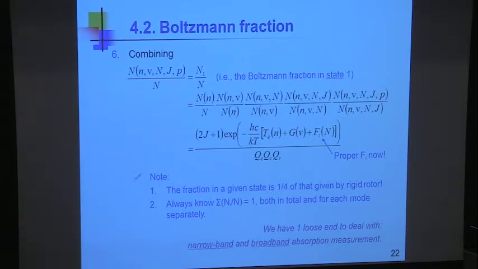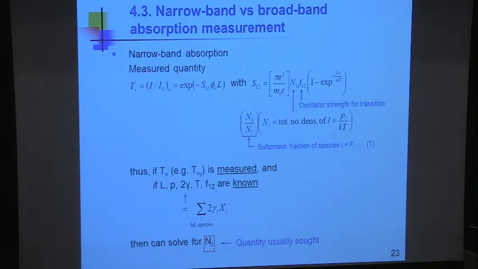Not really a problem. This is history. If you're going to do an absorption experiment, there are really 2 types. You could do an experiment in which you have a monochromatic source, so that you have to take into account the line shape function. But until the invention of the laser, people didn't have monochromatic sources, and so they had spectrally broad sources. So if you have a narrowband source, then we're back to something that we're very familiar with